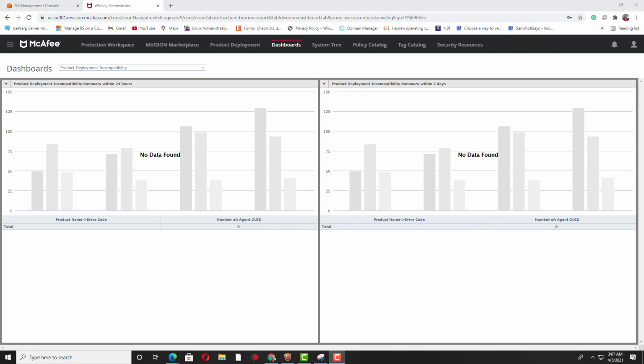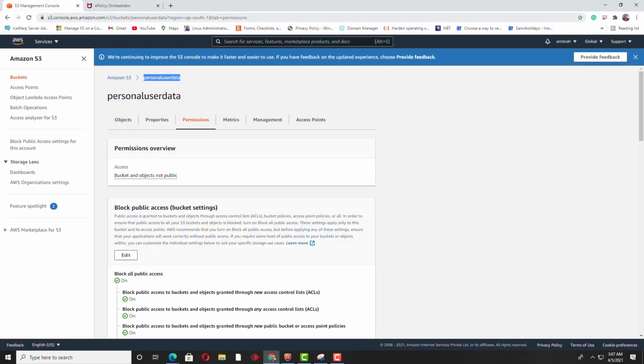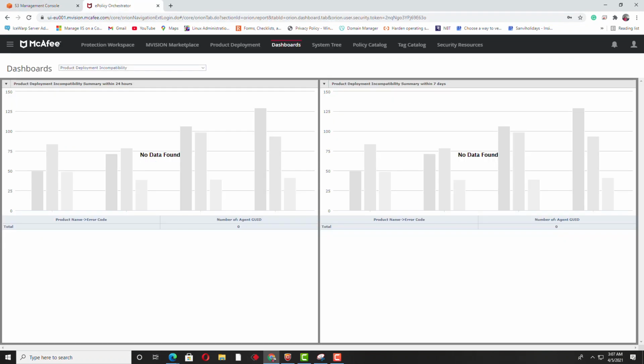Hey friends, in this video we will see how we can store evidence and registered fingerprints with McAfee mVision DLP endpoint over S3 bucket of AWS. So for that I need to log in with both of the accounts. This is my AWS account with S3 services and this is the mVision cloud URL.